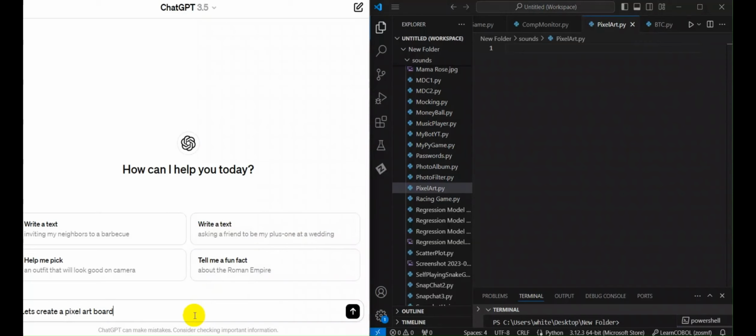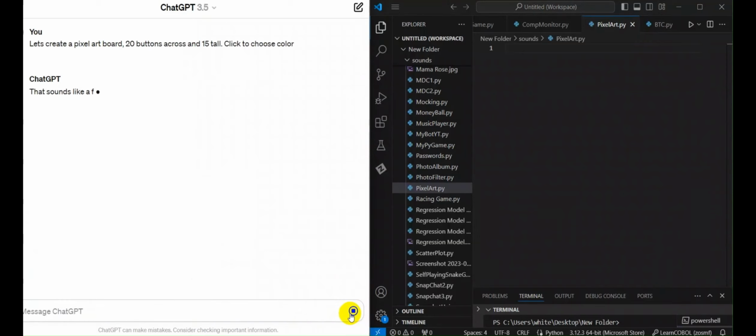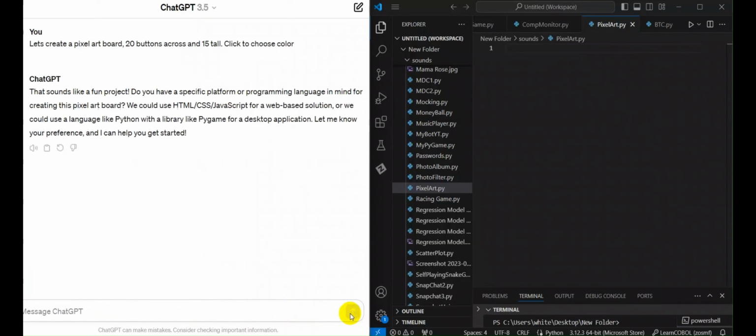Welcome back. Let's create a pixel art. The board's going to be 20 by 15, and we'll be able to change the colors by pressing each block. Alright, thanks a lot,